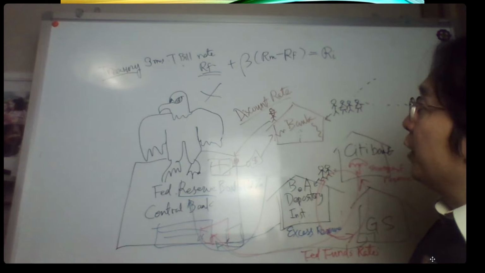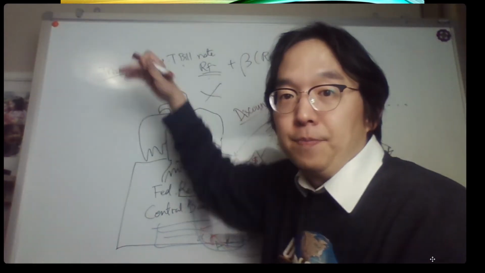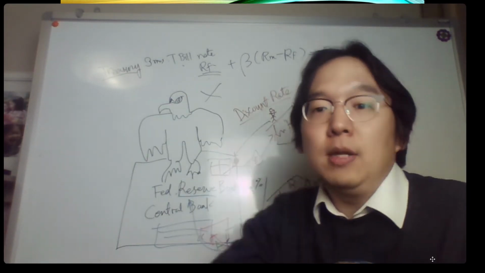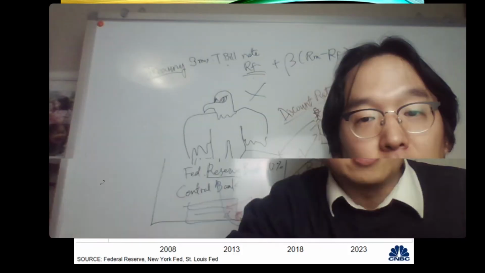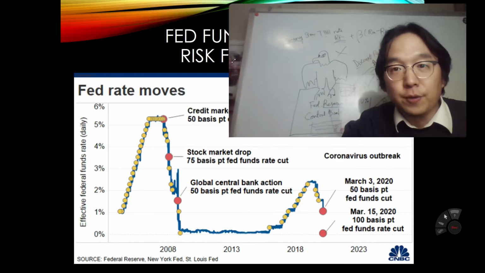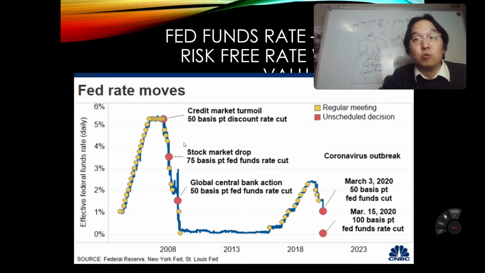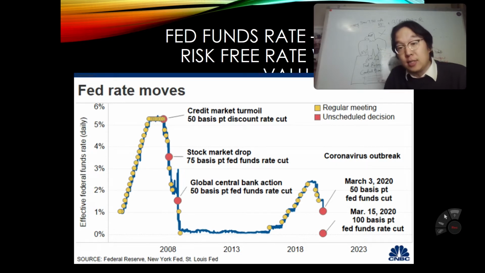Now, the next distinction I want you to make is the Treasury. What is this about? For that purpose, let me shrink this window a little bit and go further over here, and first finish the discussion of the Fed funds rate history, then move down to the Treasury rate. The Fed funds rate historically over the last about 20 years used to be like that, as you see in this line graph.